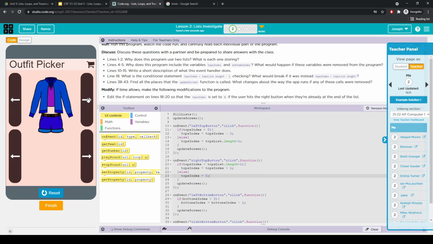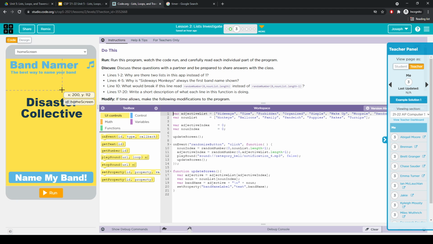So I can cycle all the way through that way. I can cycle all the way through this way. And if I did for my bottoms as well, that would be great. But yeah, this is so I can cycle through my list. Not too bad. And then if I go and look at my band namer app, the big difference here again